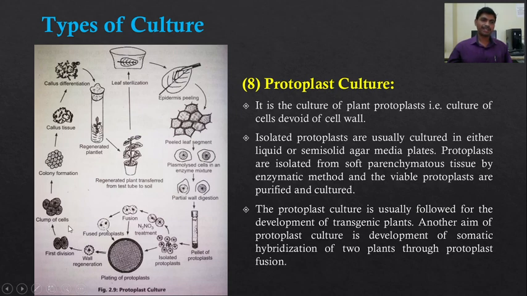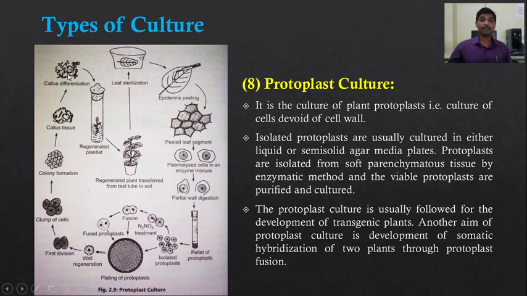Such a protoplast population is grown on an agar medium, where these protoplasts divide to form a clump of cells, then colony formation, then the callus. That callus is differentiated into shoots. So whole plant regeneration is obtained by transferring this proliferated shoot onto the rooting medium. The callus is induced to develop either somatic embryoids or shoots. Here we can see the embryos that have occurred on the callus.